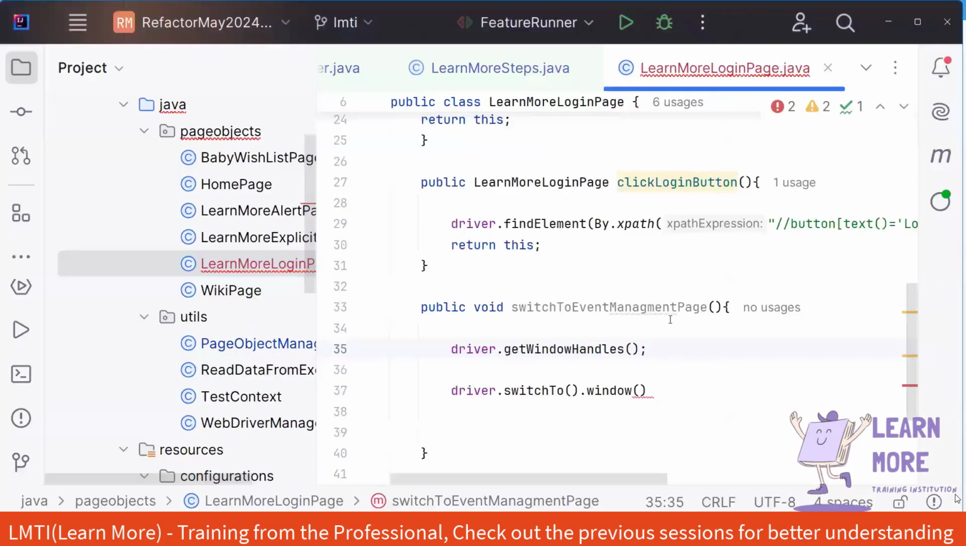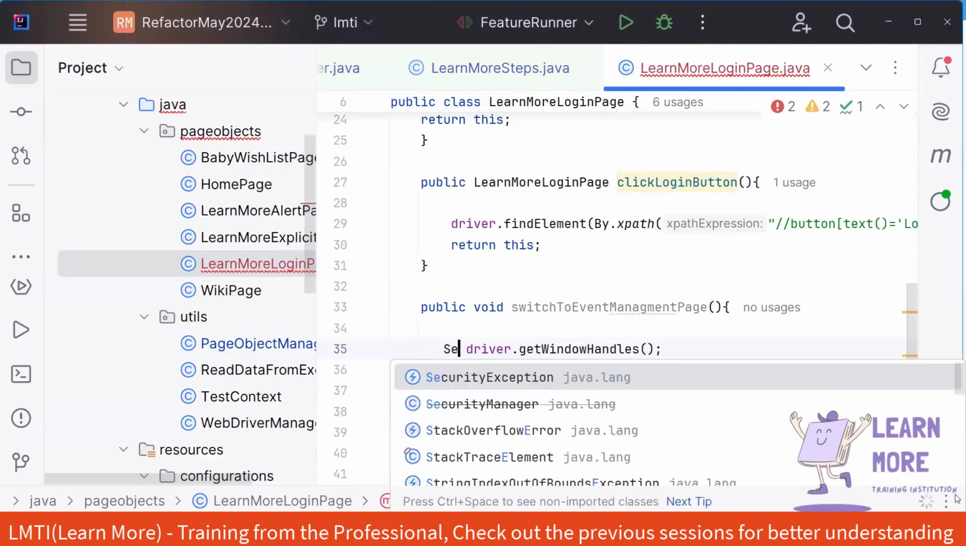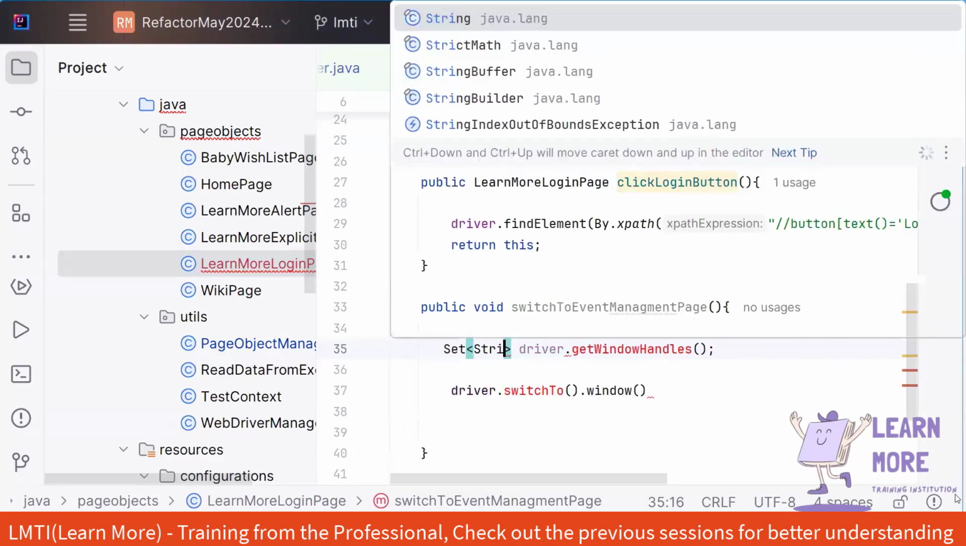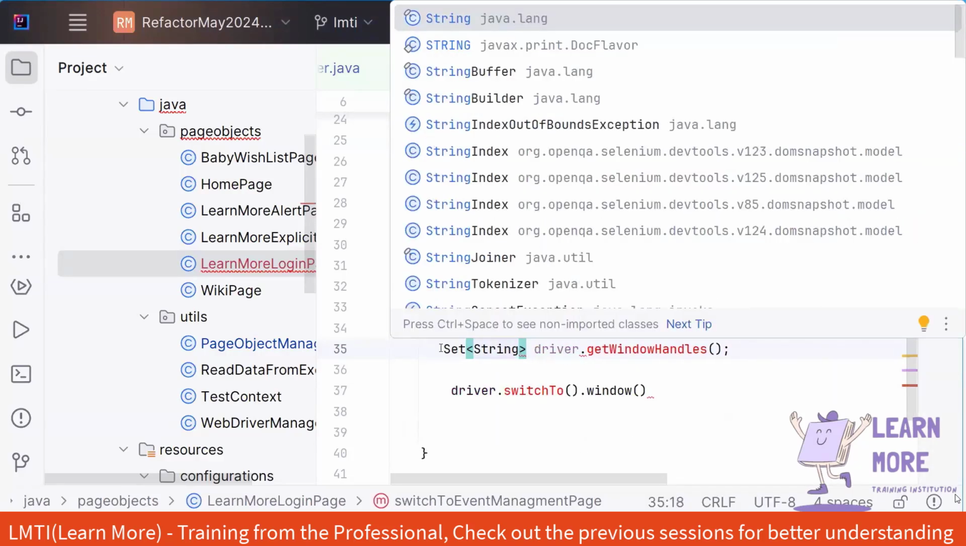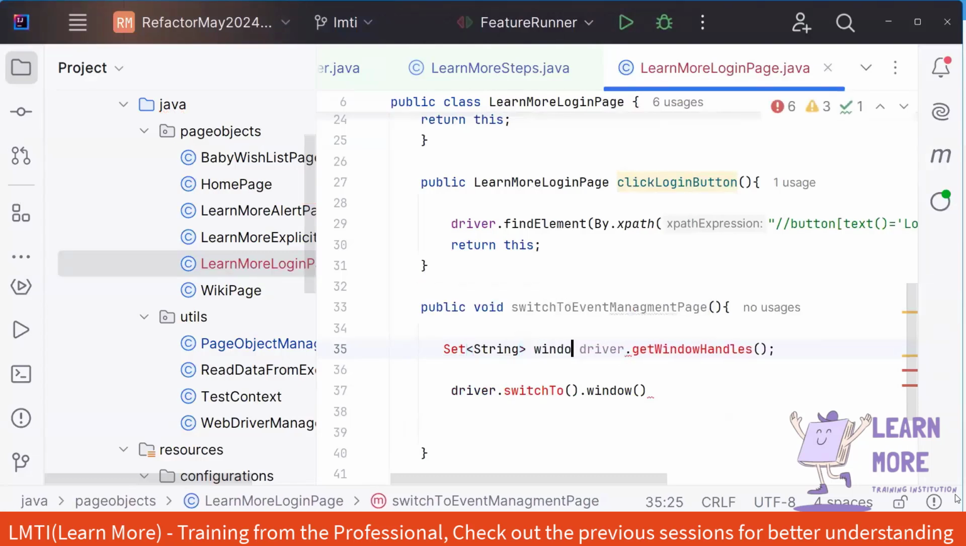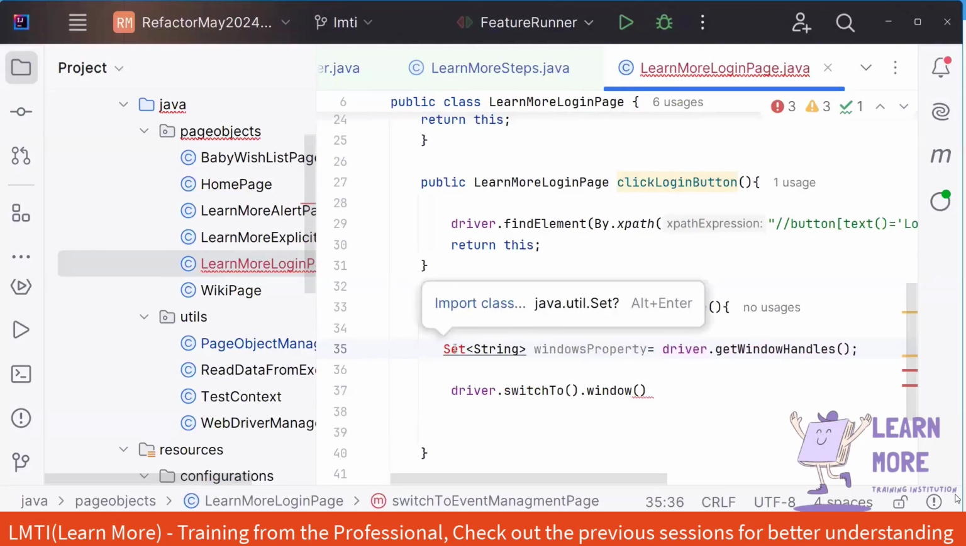Okay, so when I say property, obviously it is going to be a string. So that is the reason I'm going to create a set, and inside the set I'm specifying the type as string. Let it be kind of a Windows property. I'm giving the variable name as windowsProperty, and if it's throwing an error in the set,